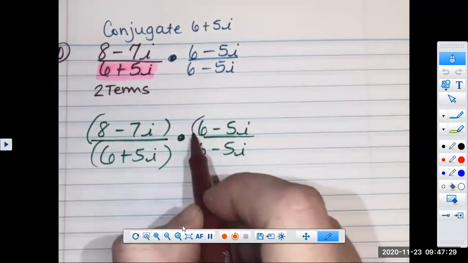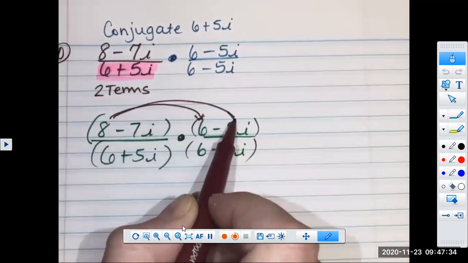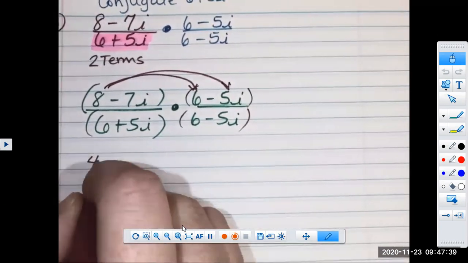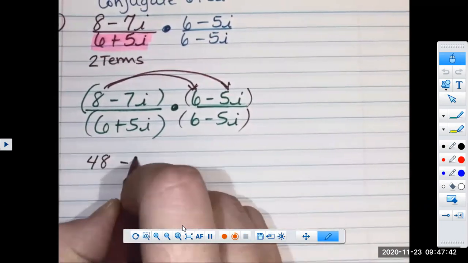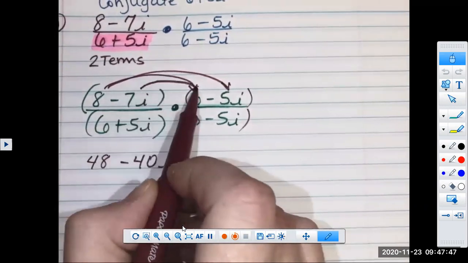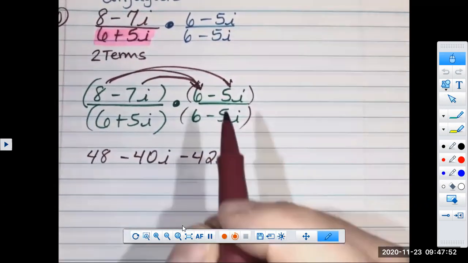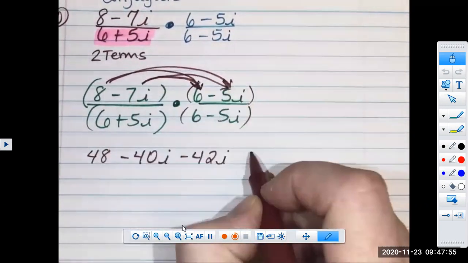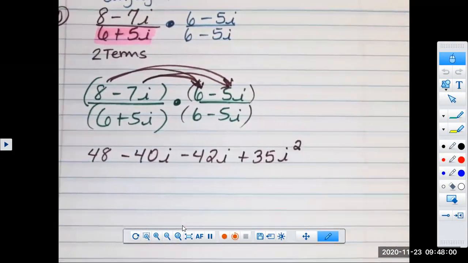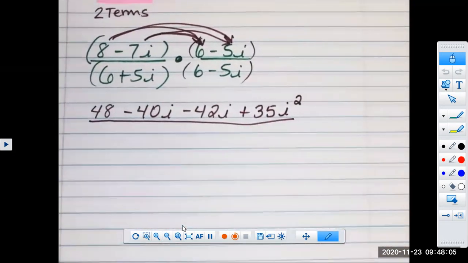So FOIL method or distribute. Just make sure that you multiply 8 to both terms there, and that's going to give you 48 minus 40i. Also make sure you multiply negative 7i to 6, negative 42i, and negative 7i to the last term. So that will give you plus 35i squared, all over